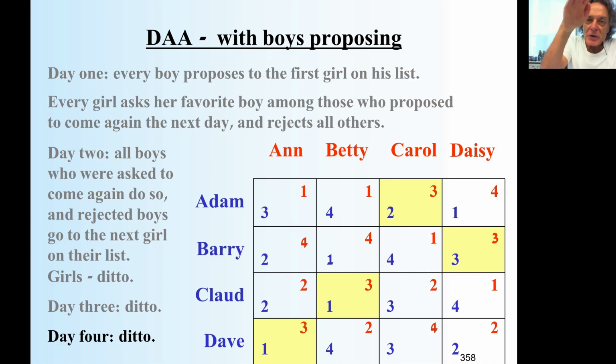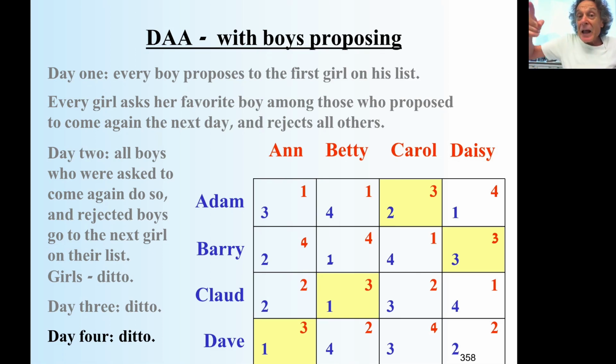Why? Because first I visit number 1 on the list. If I'm rejected, number 2, then number 3. So if I end up with, let's say, number 6, and Alice was before, is it possible that I prefer Alice to what I got? She is ranked higher than what I got. Since I go from the best one down, it must be that I went to Alice. So why didn't I finish with Alice? Because Alice rejected me for a better boy.